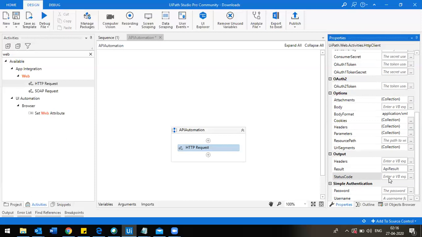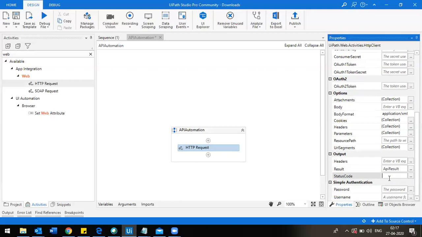Suppose you get 500 as a response code or status code. That means the server is down. You are using that service, but the server is down due to some internal issues. So in general we call it an internal server error. This could be caused by an internal program, or anything related to the server.